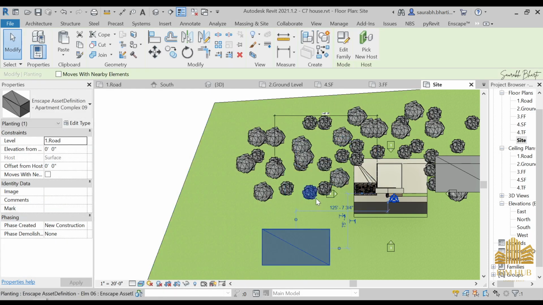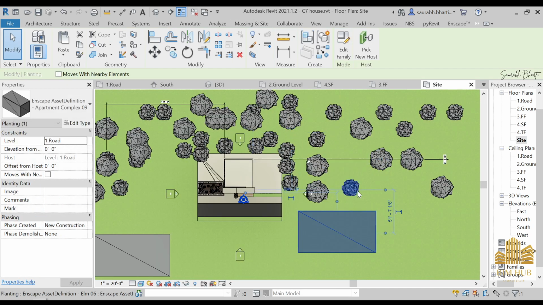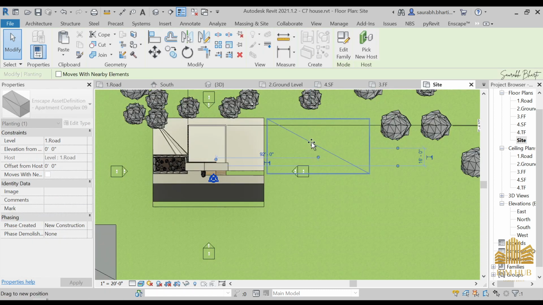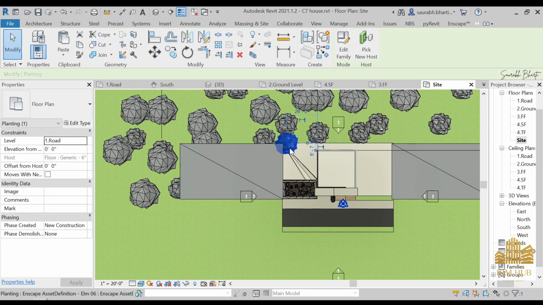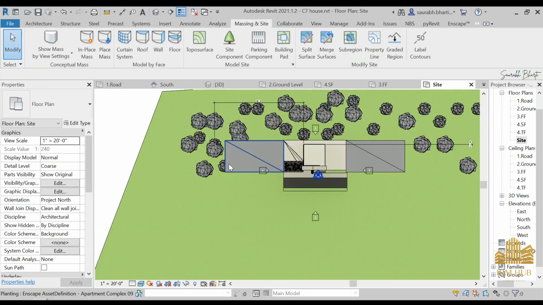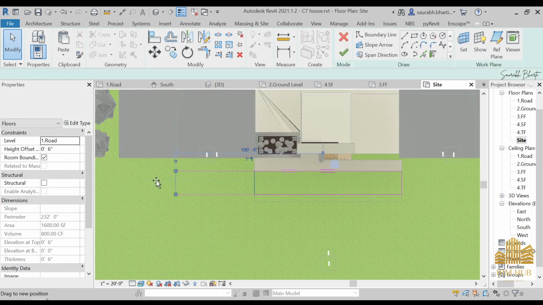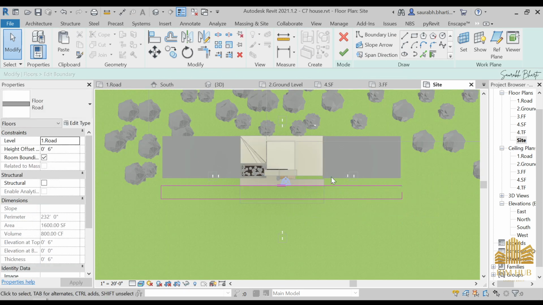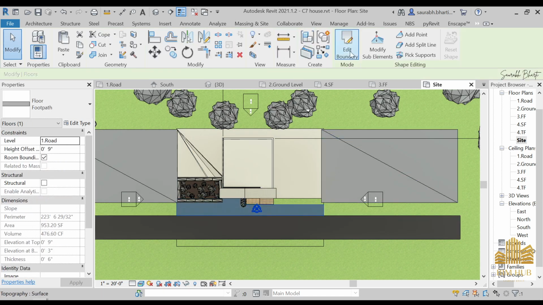Okay, just move it, select these trees, delete it, select it, move it, select these trees, delete it, and move it closer to this one, move it closer to this one, select it, delete it, select it, delete it, select this, move it, select your floor, move the road, move the road. Okay, finish, continue, frame, finish, select this part, edit,